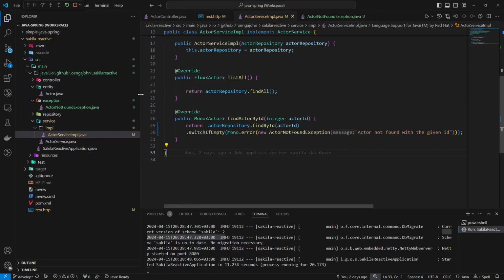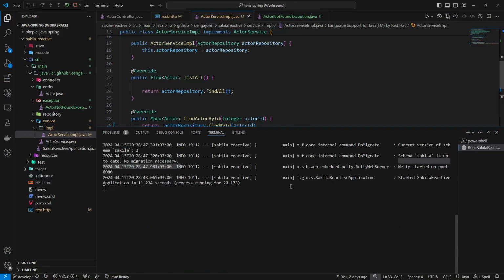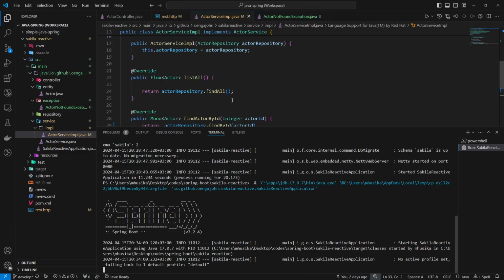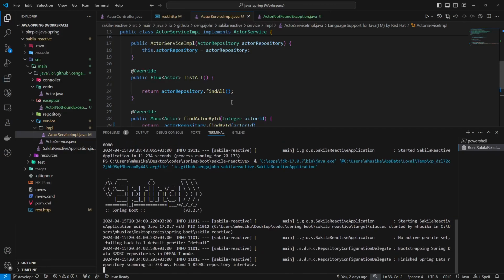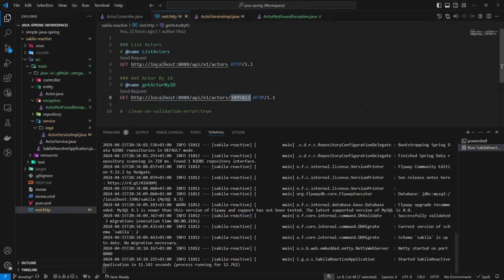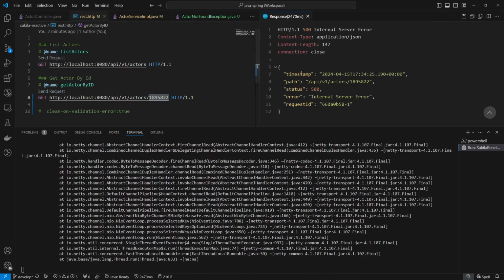So what I'm going to do is quickly restart and see what we're actually getting. Alright, so I'm going to close the current one and then rerun it again, so that you can get the new changes. Alright, the application has been started. Now we can try and send the actual request that we did send the previous time. So we are just going to click send request again,